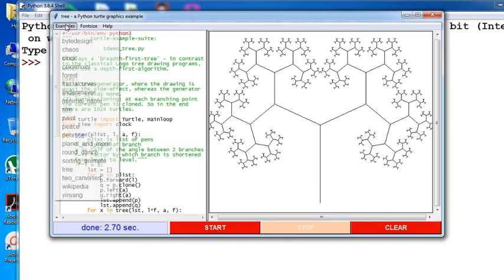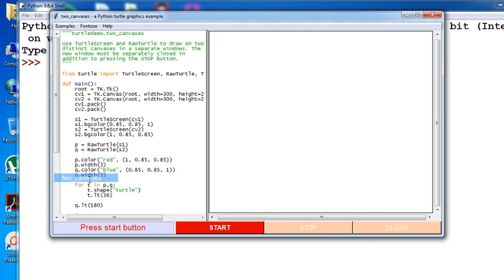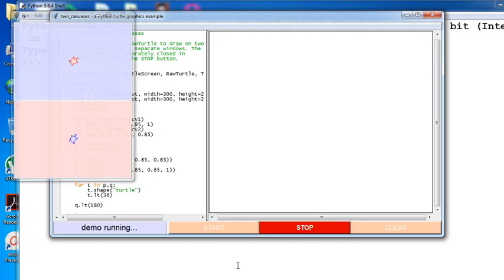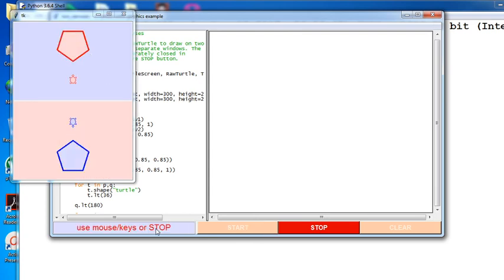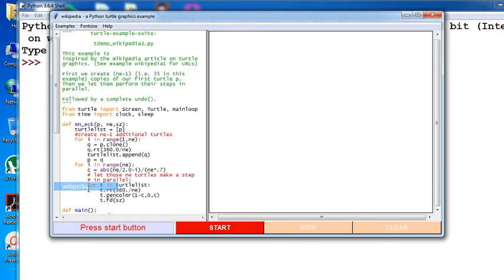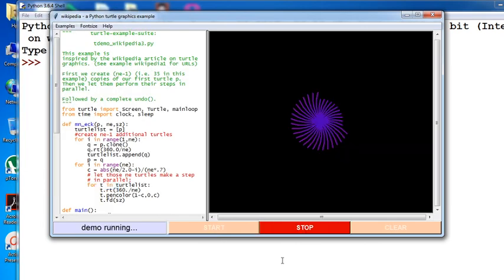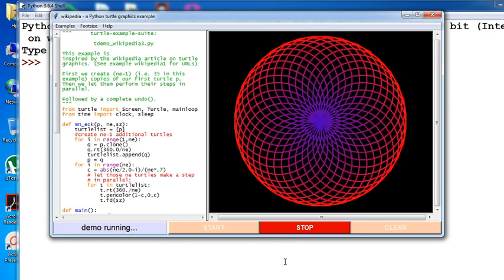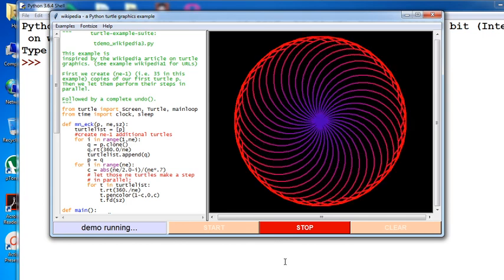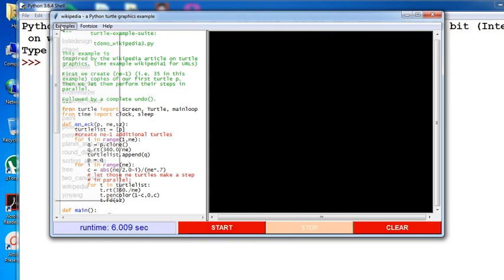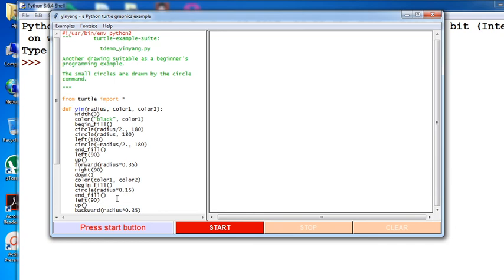Next example is for two canvases. One part you draw on the left side, automatically the right side is drawn. See, the one part you draw here, automatically the second part will be drawn. Now see, this is such a type of graphics. Such types of applications can be created using Python. Then again for this canvas.